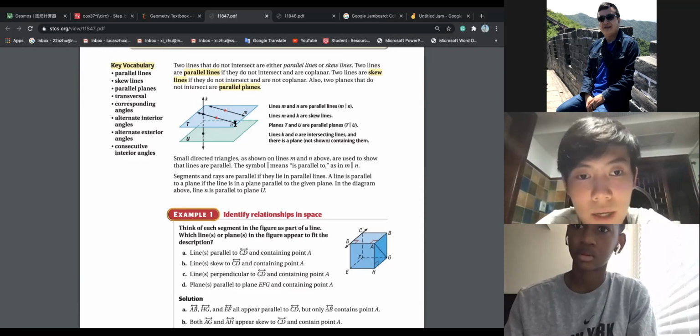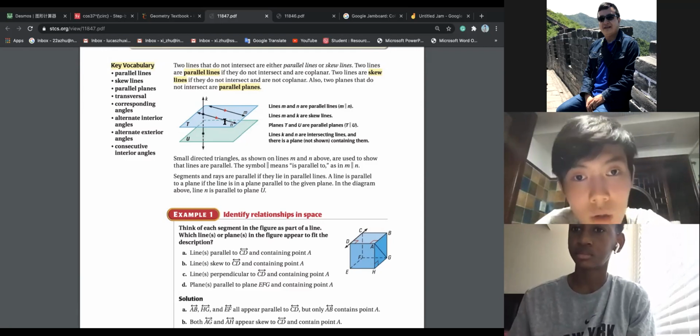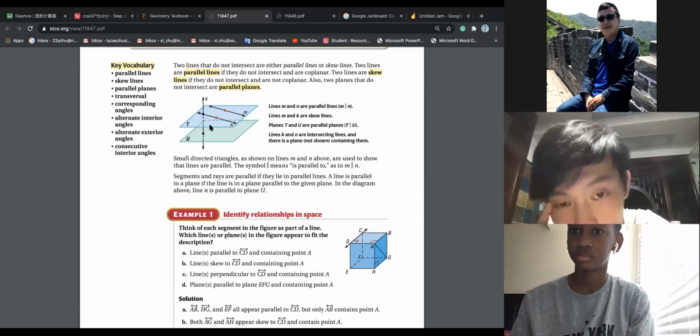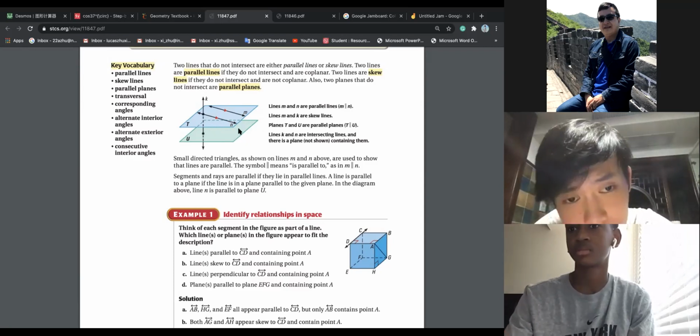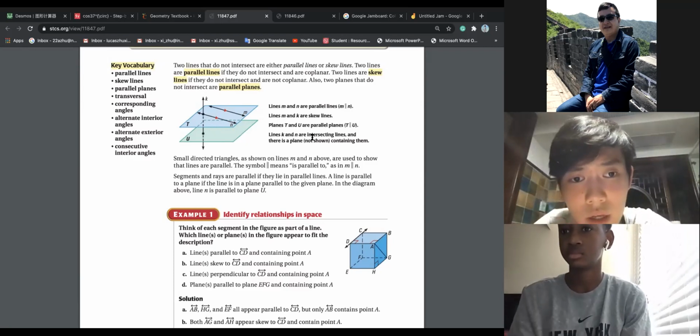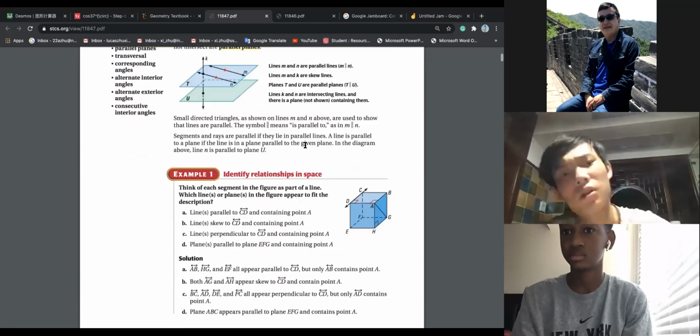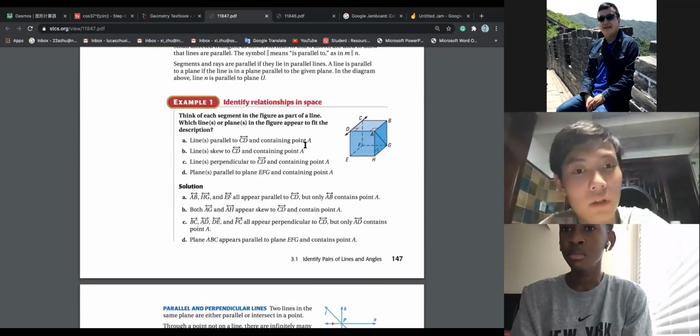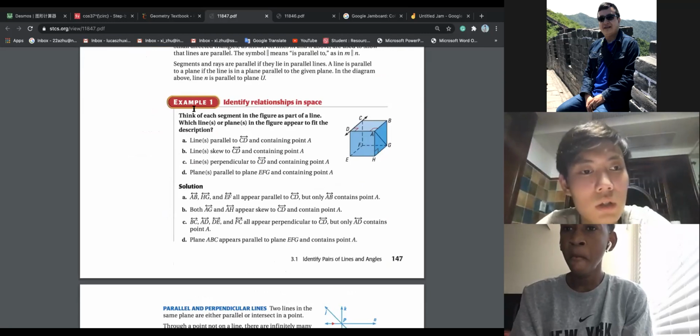And plane T and plane U are parallel planes, right? They do not intersect. And line K and N are intersecting lines. So, okay. After the definitions,